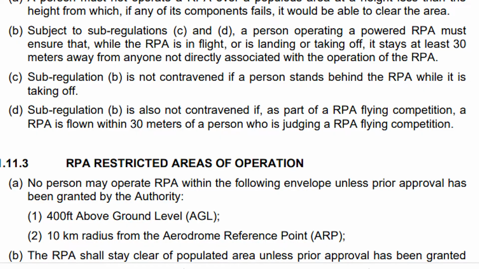In this 30 meter rule, they have given some exceptions. Within these 30 meters, only some people are allowed. Who are they? The one who is controlling the drone, that is the drone pilot himself. Then the crew related to the drone pilot. They also give an exemption during a race, where the judge can be within that 30 meters. So these are the only people allowed within 30 meters. Other than that, there should be no other people within these 30 meters. So the next rule is